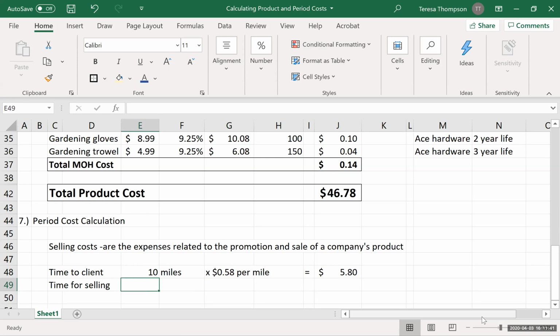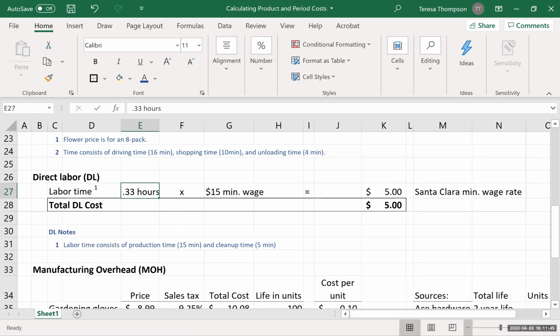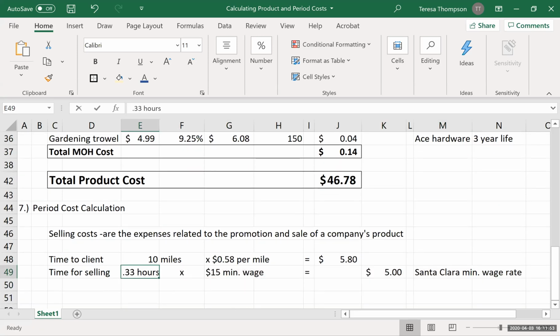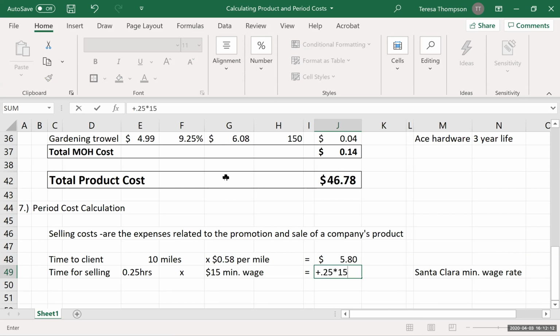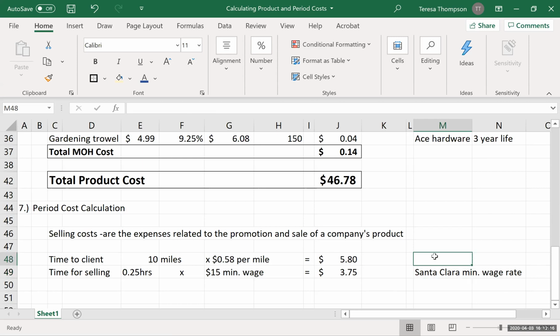Alrighty. And then my time for selling. So this is going to be time. It's going to be similar to the one I had up here. I'm going to do 2.5 hours for selling time. Let me abbreviate that so you can see it in the cell. Times the $15 wage. And the IRS business mileage rate. Okay, so let's sum that up. Equals sum, open parentheses, close parentheses, $9.55 per unit is my total